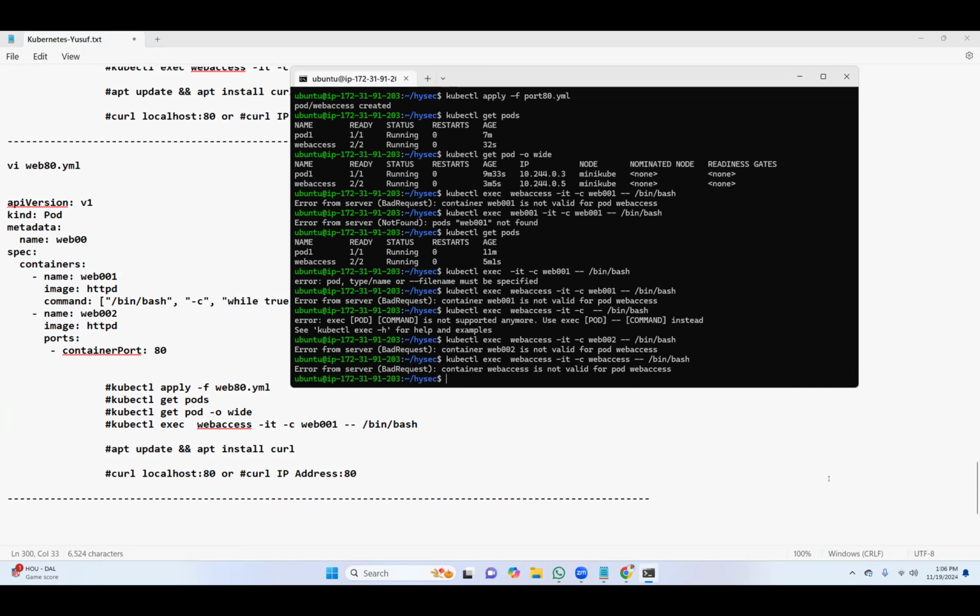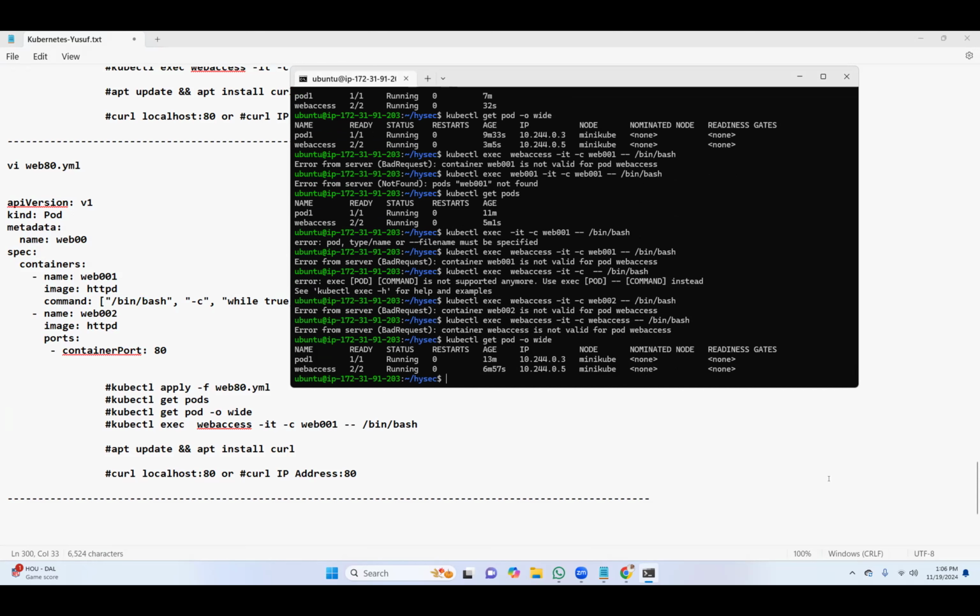So just check the first one. kubectl get pod -o wide, with the web access pod running. So the web access, not